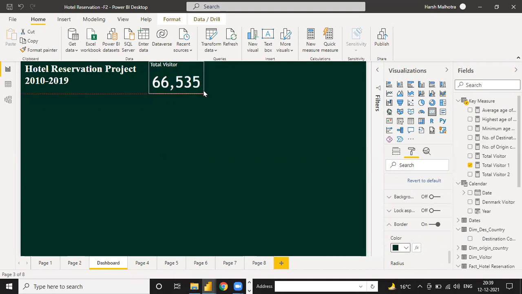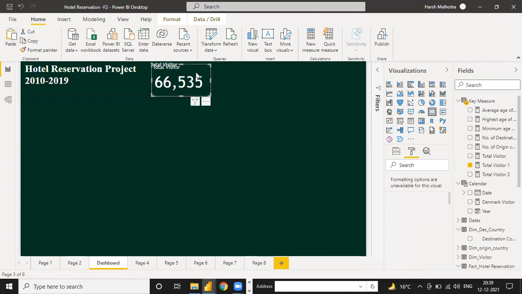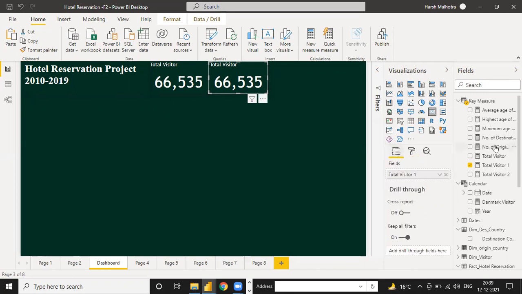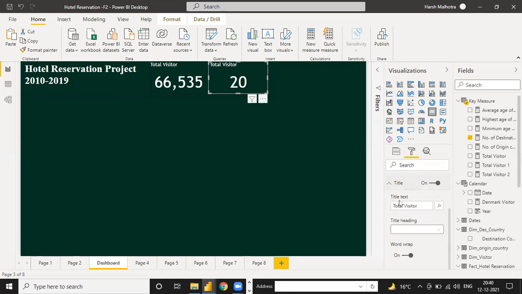So this is your total visitor, and just copy this and paste it again. Why am I pasting? Because you don't need to do the formatting again and again. Just change the heading and select another function like number of destination. Select this, go to this field tab, and number of destination. So it changes automatically. Only you have to change the heading. So go directly to title, and you can change the heading as suitable.